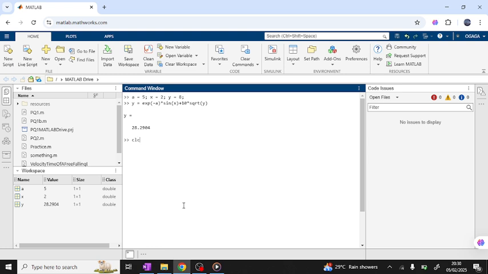So let me just clear this. Predefined constant values, so it's just clear. This other clear will clear our workspace here. Okay,